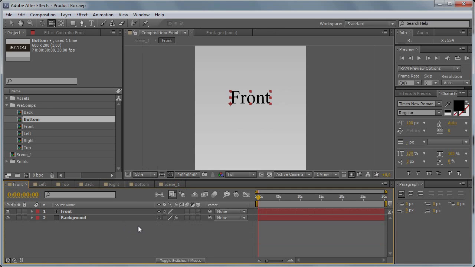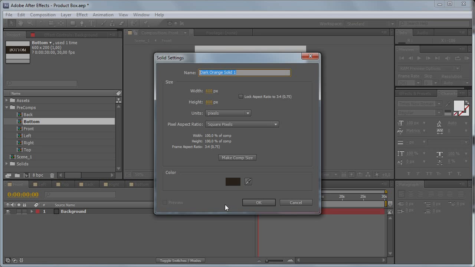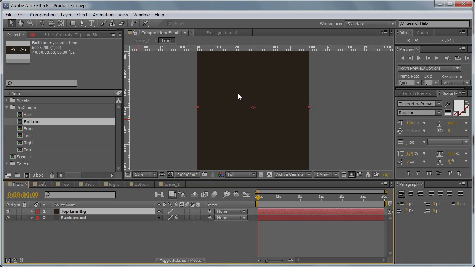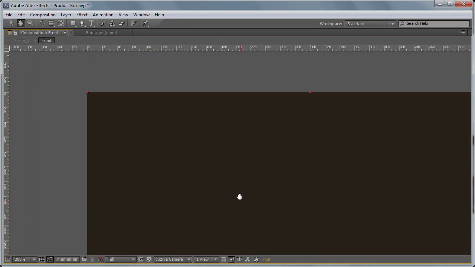For this purpose, come to the front, let's delete the title and let's create a new solid and let's call it top wine big, doesn't matter what color. Hit Ctrl R to bring the rulers and let's measure 200 pixels. This will be our top wine,